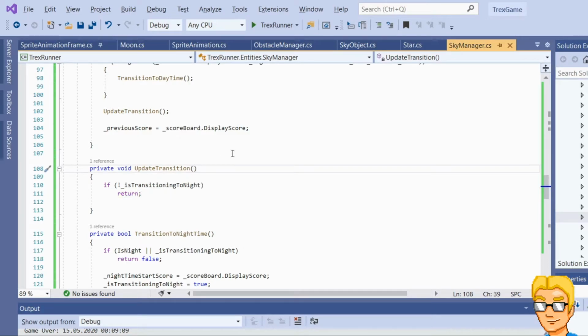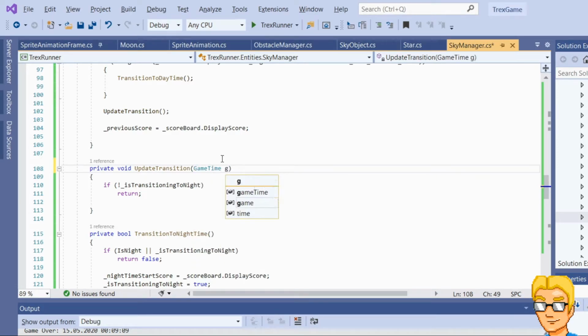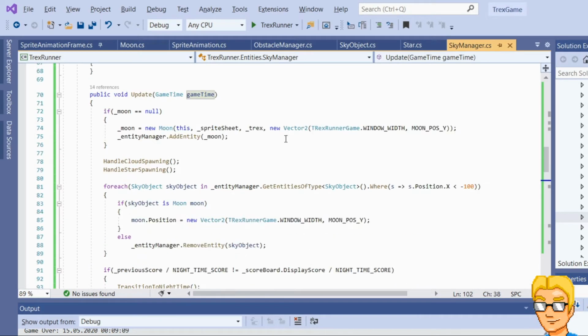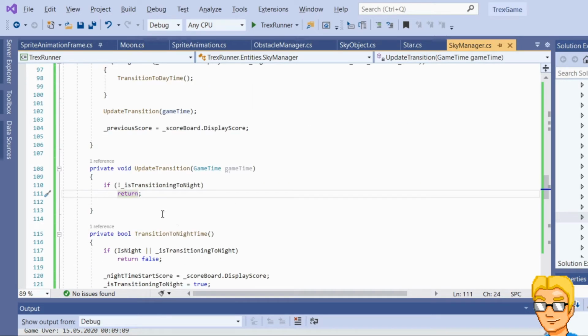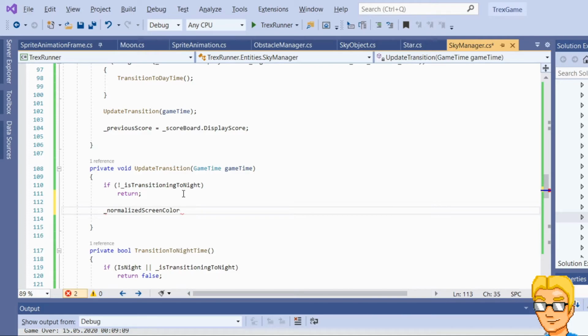I just realized we need something in order to be able to update the transition, and that is an instance of game time. There. And we can pass that here, since we do have an instance of game time available as an argument here. So there. And now what I'm going to do is set this normalized screen color, which, first of all, we need